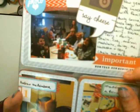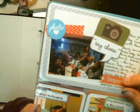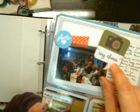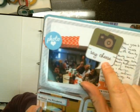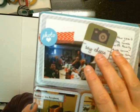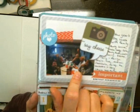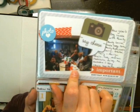And then this, it says New Year. It's probably not going to focus just because of the glare on it, but it says New Year, New Memories, and that's the new stamp that came from the kit. And then it's just explaining who's in the picture. And this is from the Oh Snap collection, and it was in that speech bubble paper, so I just cut it out. But this is, on New Year's Day, we had